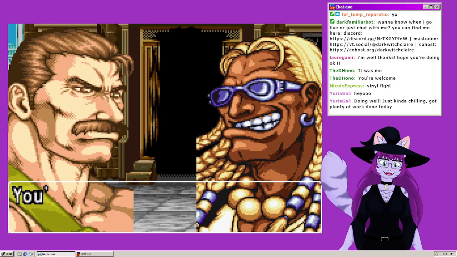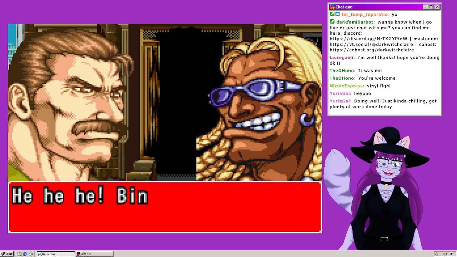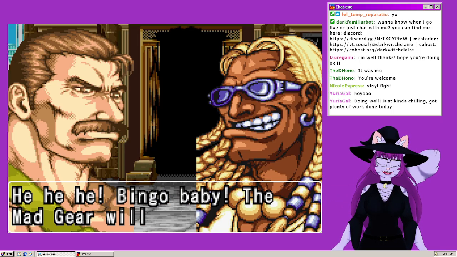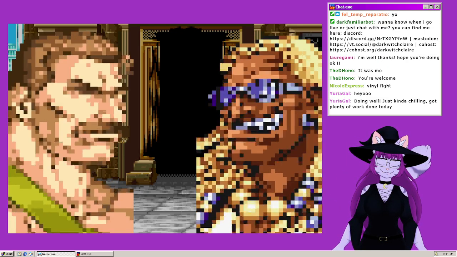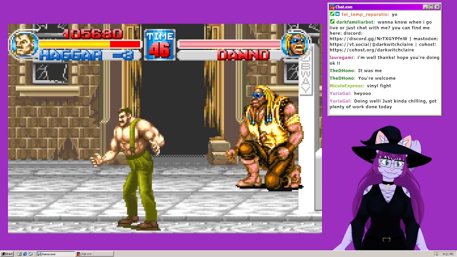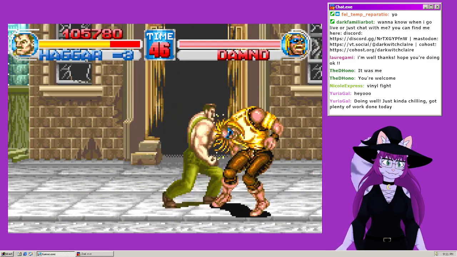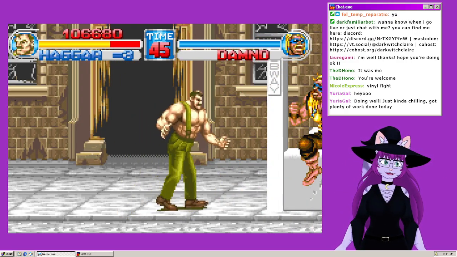Oh, here's something new. They got actual dialogue. You're the one who called me. Bingo, baby. This Mad Gear will rule. I will destroy you. Oh, wait, no, that's Haggar saying that. Oh, okay, now he's gonna...